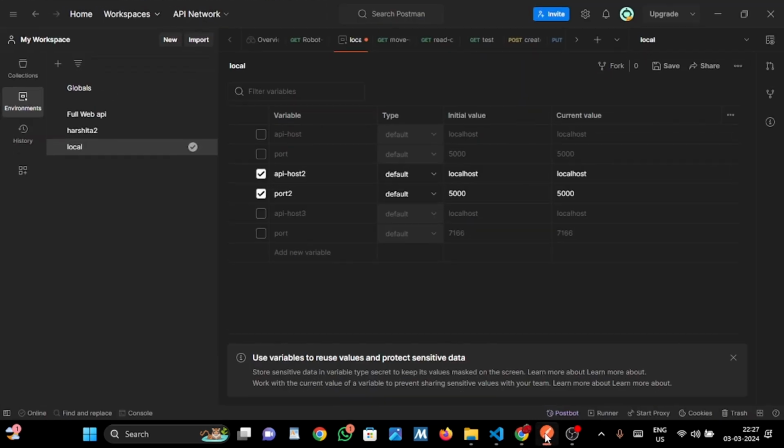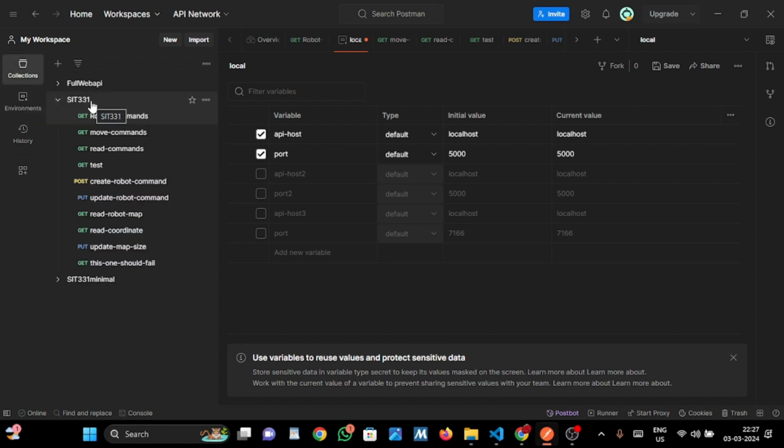Now, I have used Postman in which I am trying to access all the endpoints that I have earlier defined in the code. Now, I have created the environment, that is the local environment. And here the ports are the API host and the port, and I would be enabling them. Now in the collection, I have made a collection of SIT331 in which I have defined all the endpoints, that is for getting the robot commands, the move commands, the read commands to test, etc. Also there is the post command in order to add a new command,